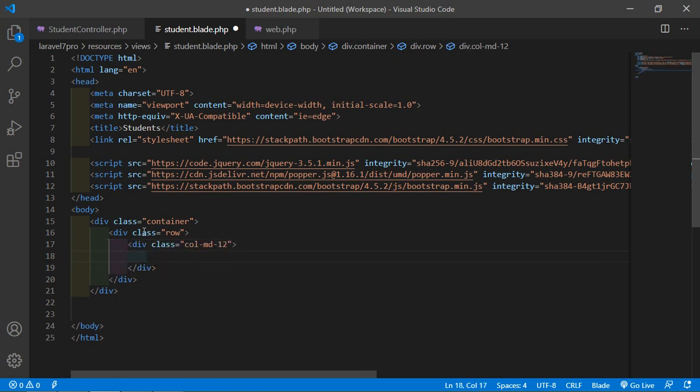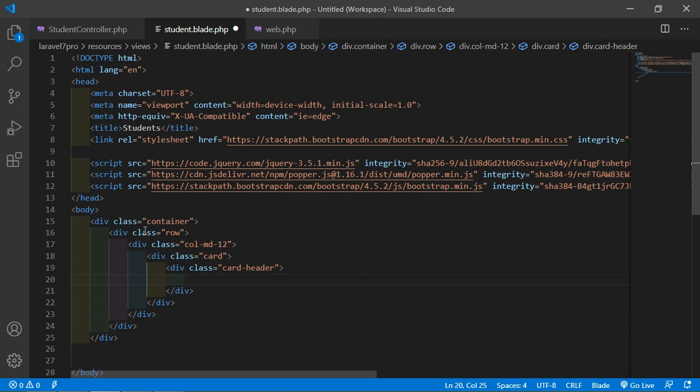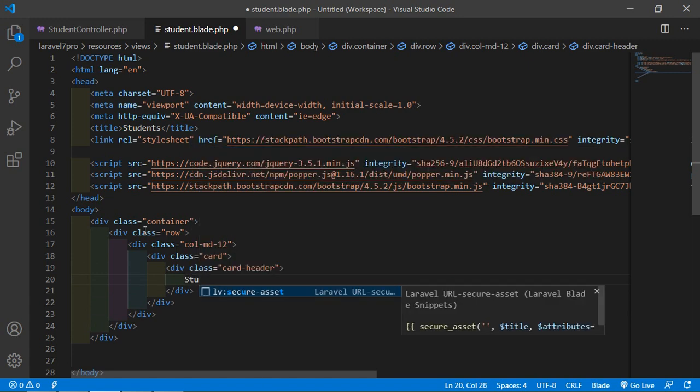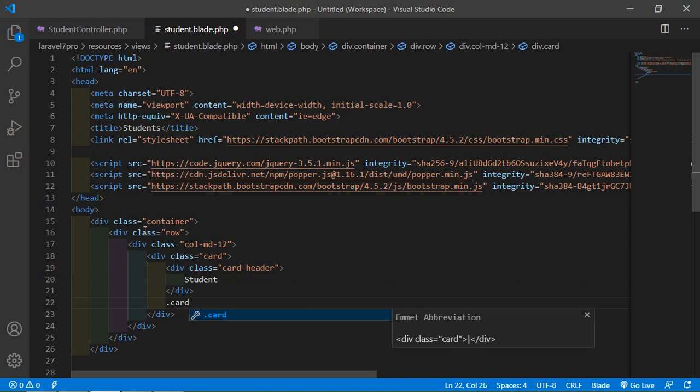All right, and here just add the card. Okay, so just write here card, then card header, and add the title. It says student, and card body